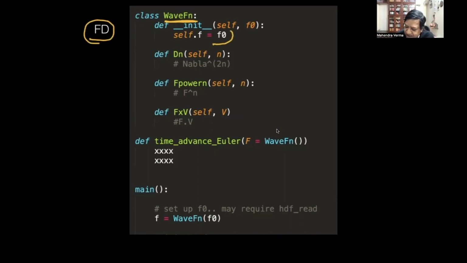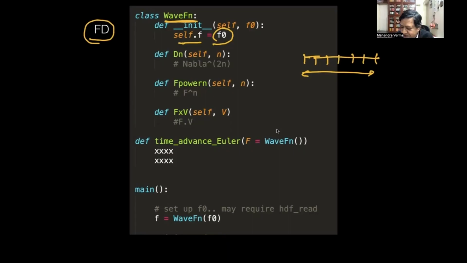Just think of 1D. You give me the initial condition at the grid points, and I initialize it to self.f. This is assigning it to f, at the initial time step t equal to 0.